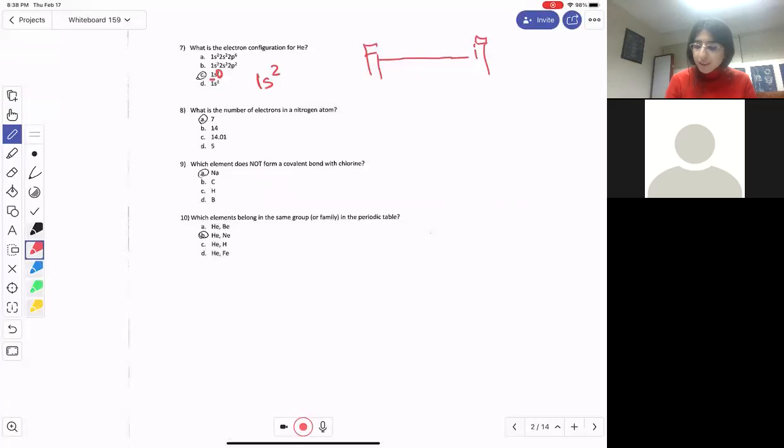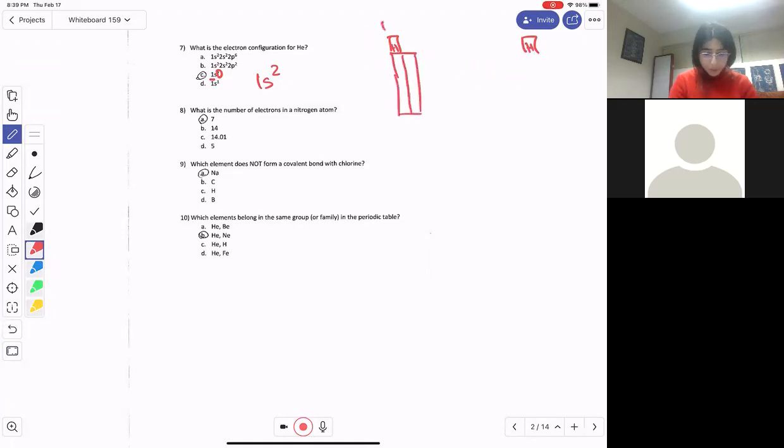I guess I can draw a periodic table. So you have these 2 elements, hydrogen, right? Helium here, and then you have